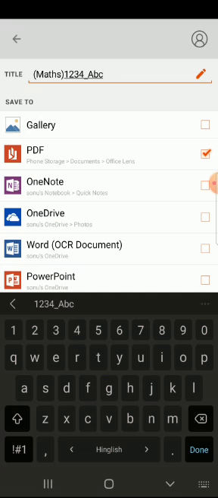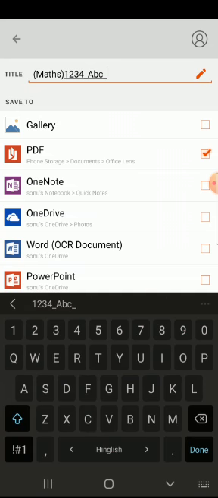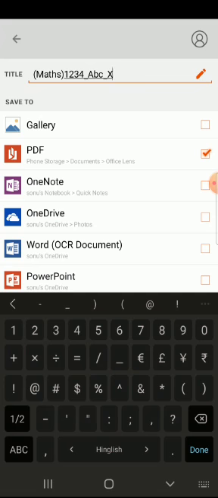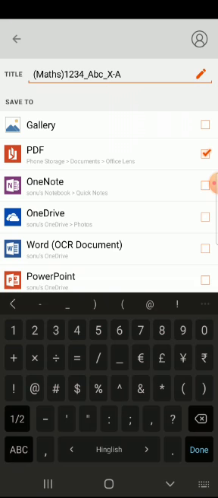Let's take an example like ABC. Once you have given the name, you will enter your class. Now the file naming is done.